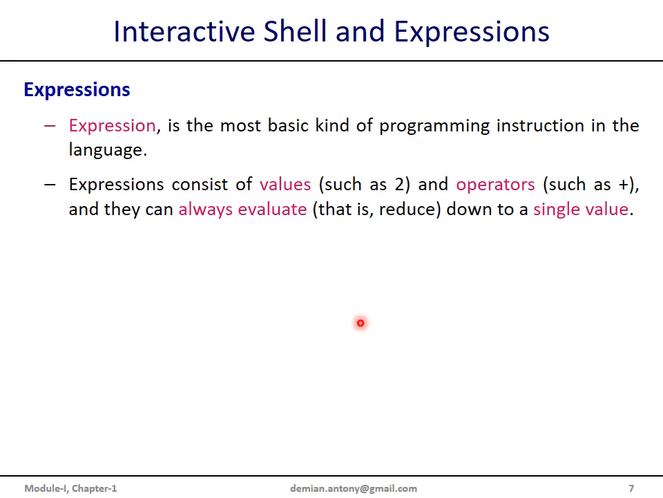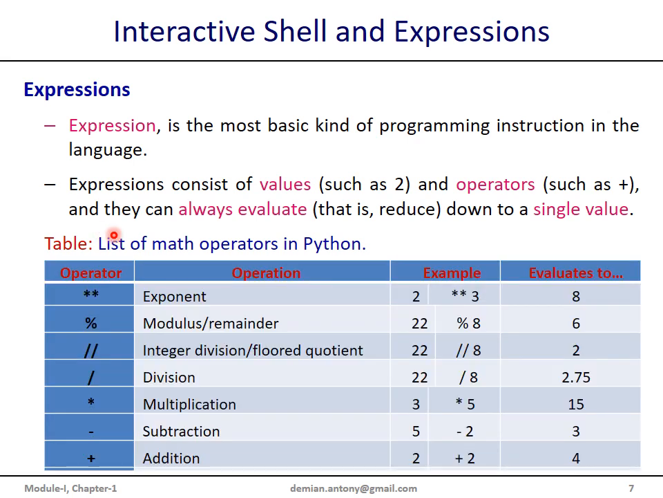Expressions in Python. An expression is the basic programming instruction in different programming languages. An expression consists of literals or values such as 2 or a character, and operators such as plus, minus, and so on. And they always evaluate down to a single value. In Python, we have 7 basic